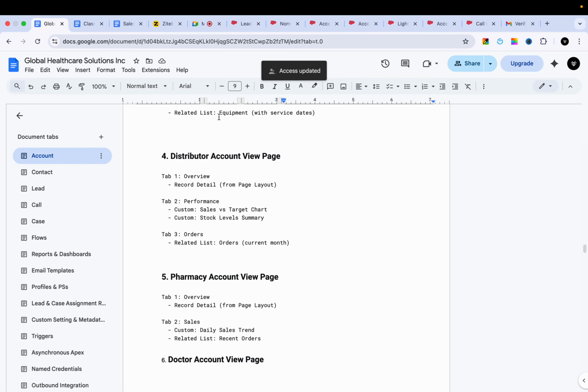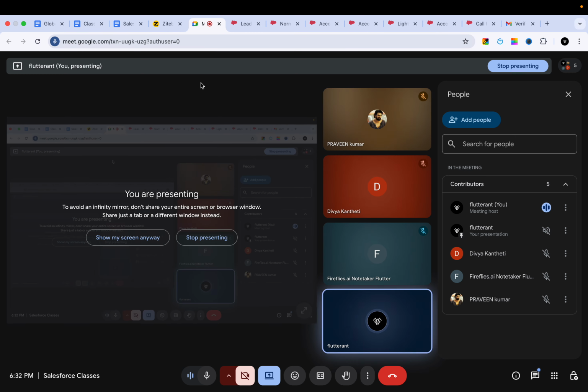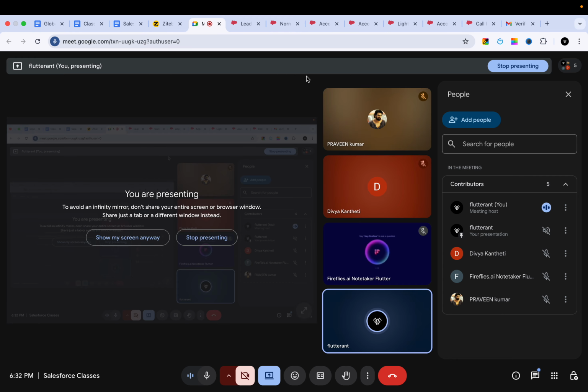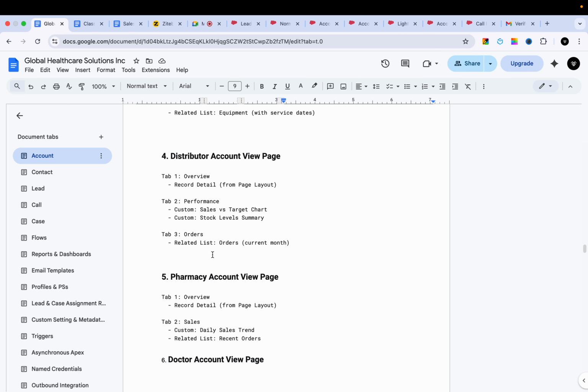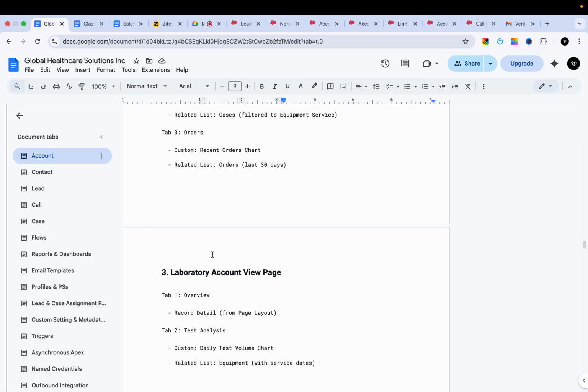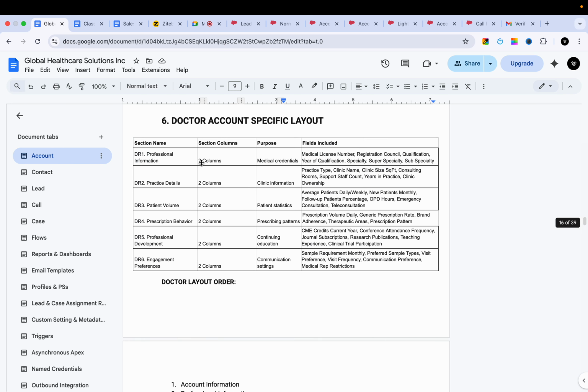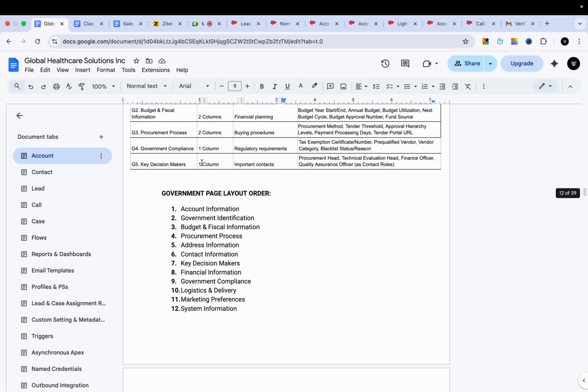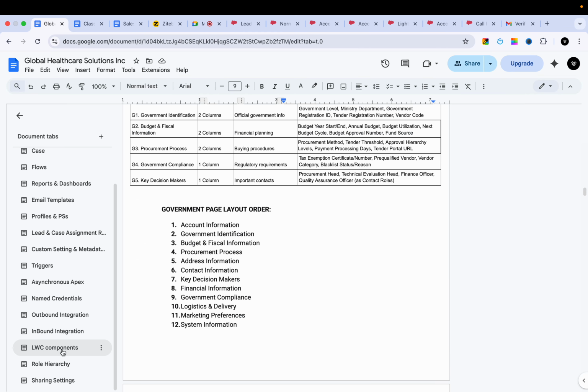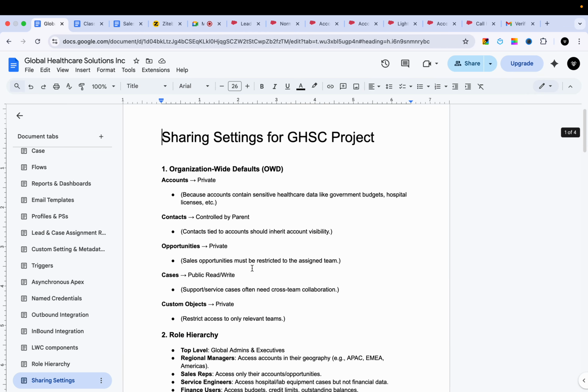This is about the record pages and page layouts. Keep practicing them. Definitely, you will get some questions or doubts. We will discuss them later whenever we discuss the project implementation. But try to create in your own org based on this documentation. I will add more things into this document. Yesterday and the day before yesterday we covered